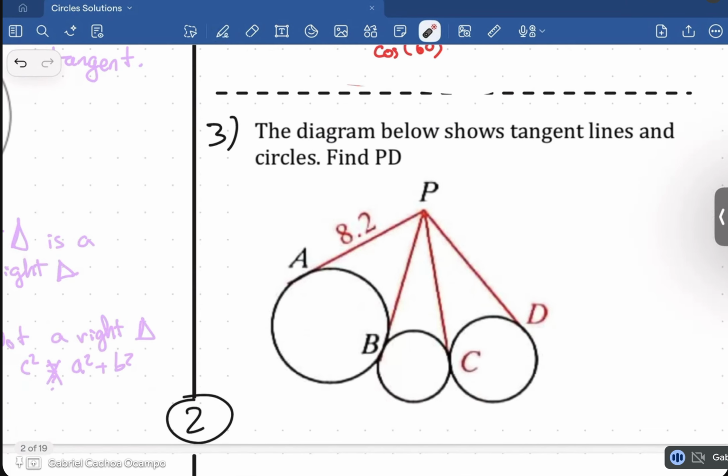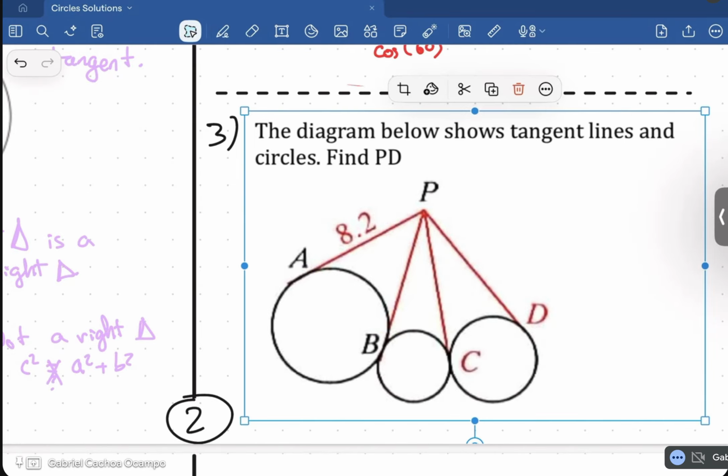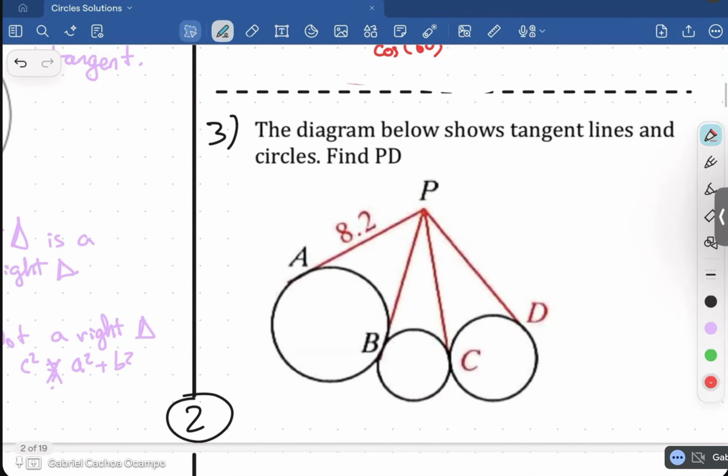Okay, for this problem, you need to notice that this line and this line are both tangents meeting outside of the circle. That means that this line and this line measure the same, so this is 8.2 as well. And now this line and this line are tangents meeting outside of the circle, so this measures 8.2, and they are meeting outside of this circle, so that is 8.2, and this one as well is 8.2,